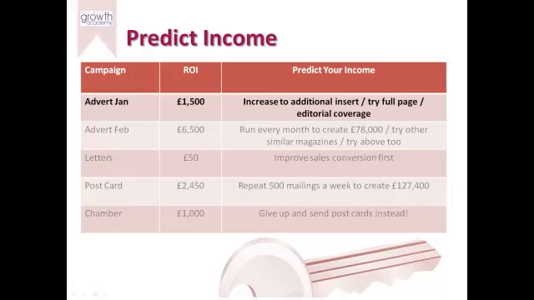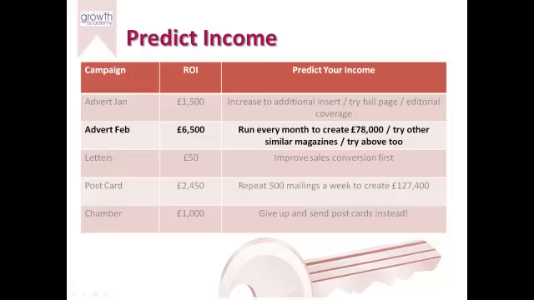Now, don't worry, I know I'm throwing a lot of information at you here. In the future, we're going to look at optimizing advertising and all of the rest of it. But basically, I'm just trying to say, if you ran an advert in January and you made £1,500, we know if we run it in February, the chances are we will make £1,500. However, how could we increase that? There's just some ideas. Try and insert a full page advert, not half page, or editorial coverage. Only ever change one something at a time. Why? If we changed this for February and we changed all of it and we doubled our income or halved our income, we wouldn't know why. We wouldn't know what was different. So only test and measure one something, at any one time.